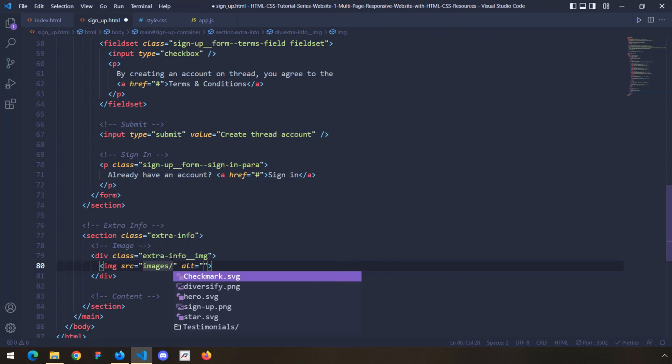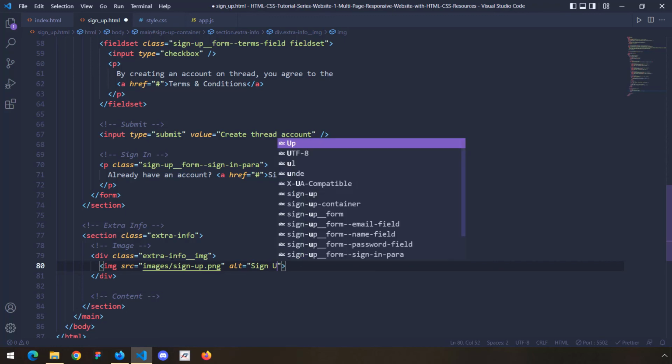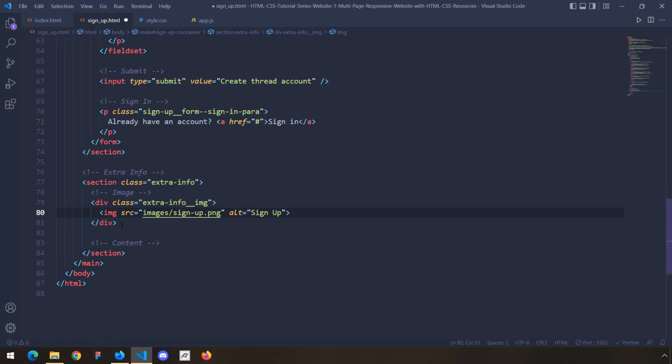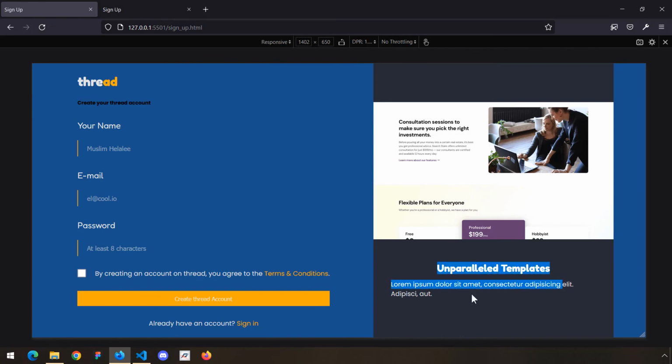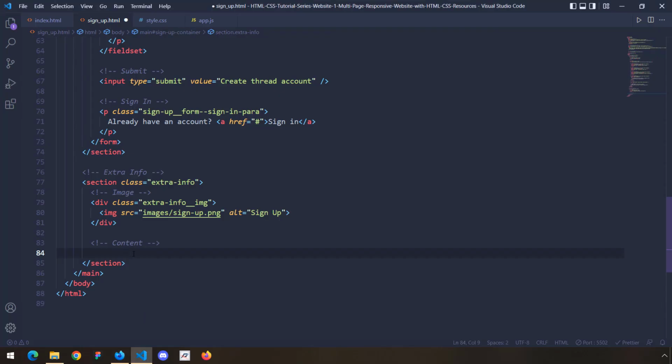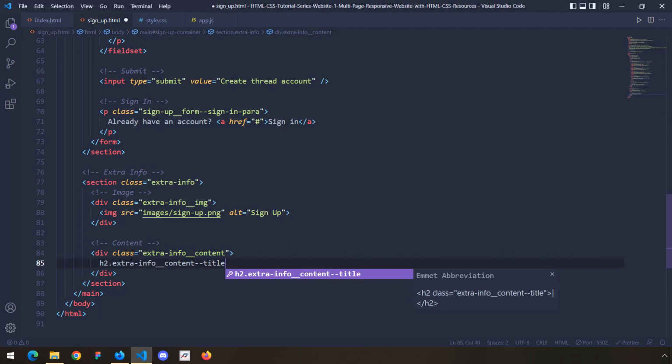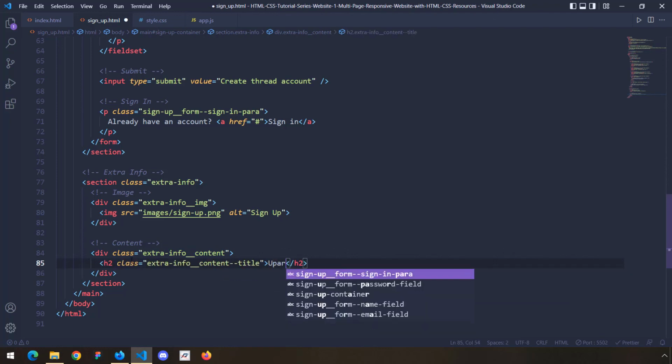Let's go into the images folder. And here is the sign up image. I'm just going to say sign up. So that part is done. The next part is the content. So what do we have within the content? We have some sort of a title, and then we have a paragraph. So there are two things. I'm going to say extra-info--content. Within here, I'm going to have an h2, which is going to have the content title class, --title. It's going to say unparalleled,